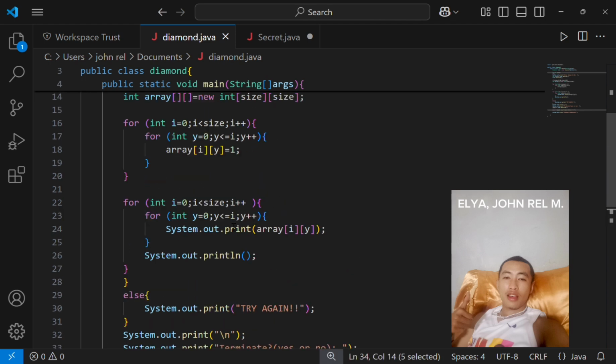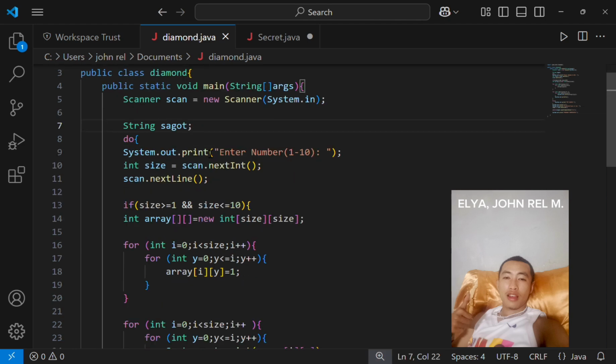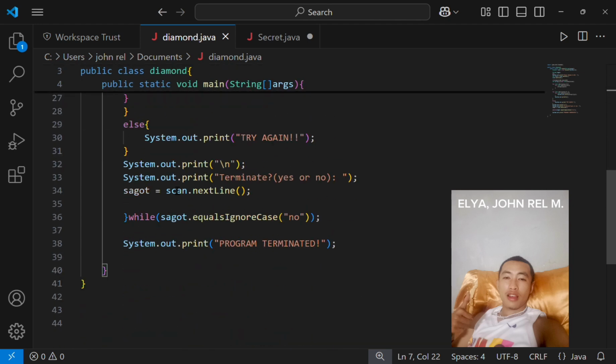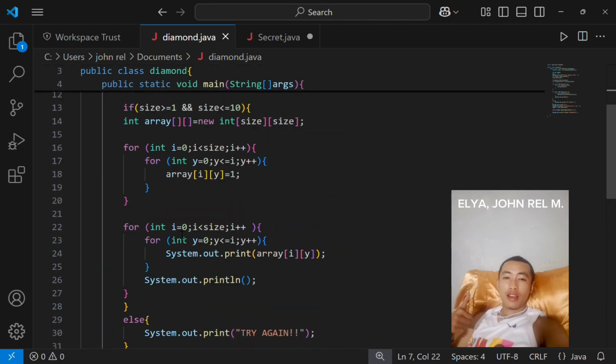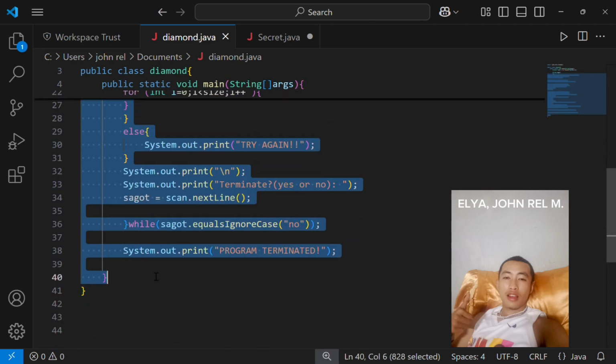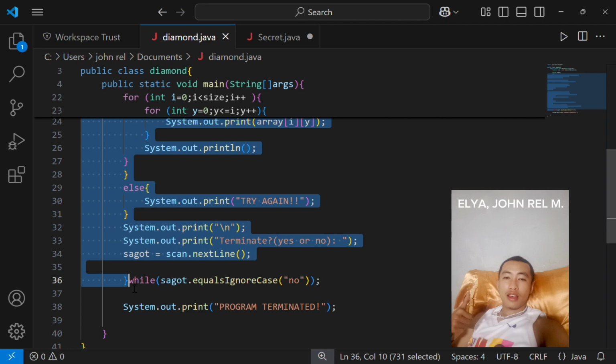You might be wondering why at the top of the do while loop I declared this string sagot. It is because if I declared it only inside the loop, it could only be accessed inside this bracket of the do while loop, from here to here.